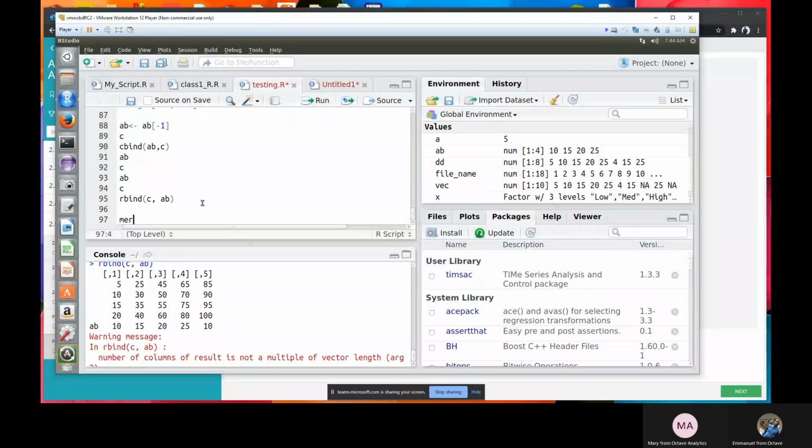Let me go to the next slide. So let me talk about the merge function. So you have your X, your Y. Your X is a data frame, your Y is another data frame. Then there are some optional arguments you can put into place depending on what you want to do.